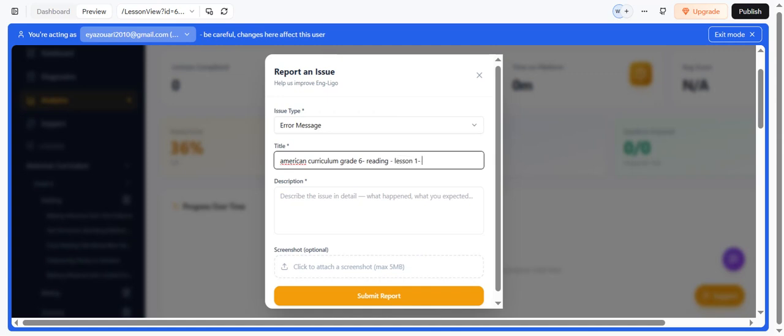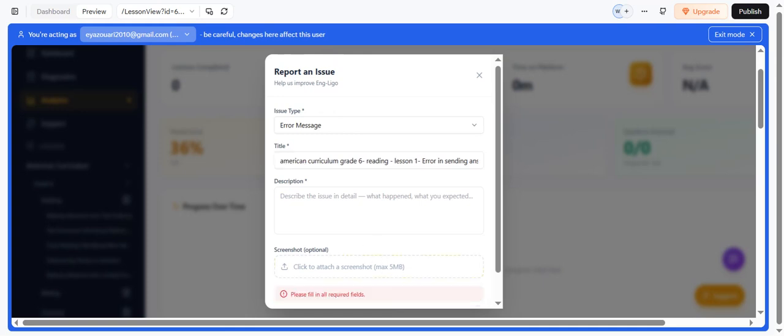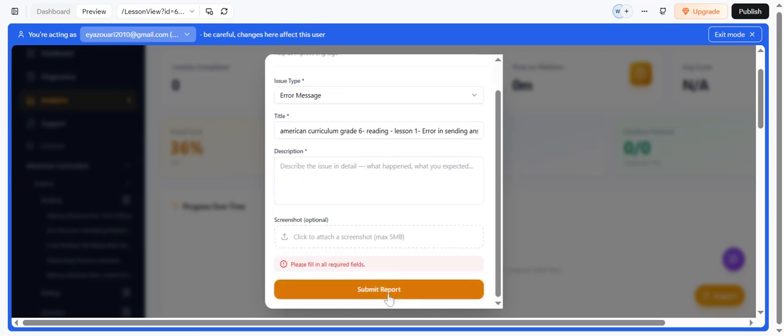Let's say there is an error in sending answers. You can even describe it loudly, and then you submit. This will automatically come to our support team, and they will do their best to correct that in